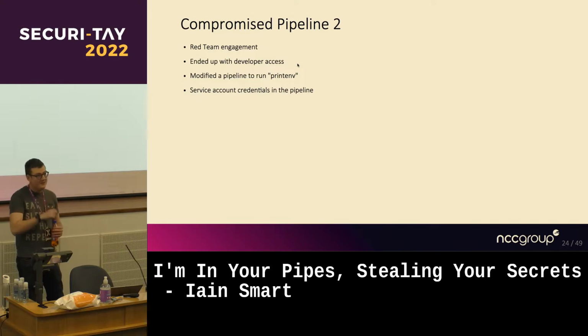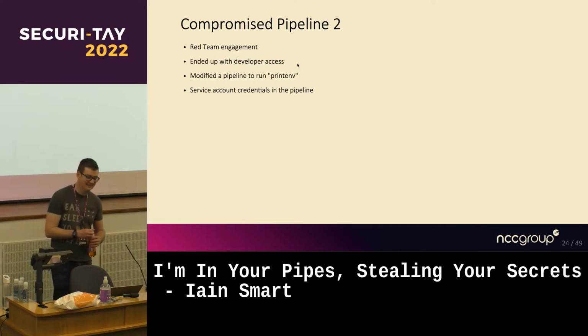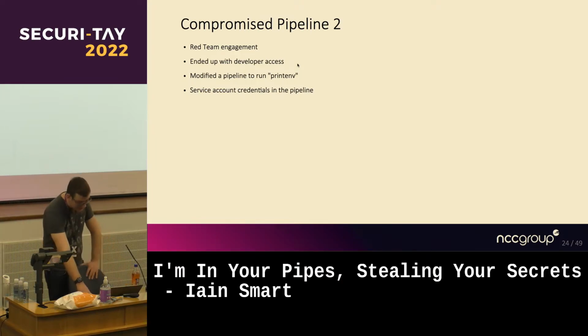Amusingly, the follow-on from this was someone got an alert to say their pipeline had failed, and they went, oh, that's not good, and re-enabled the pipeline. And no one actually bothered to look into what the creds could do until about a week later, when we debriefed with the client and said, hey, see that secret that the pipeline failed for? Yeah, we won then. So fairly successful there.